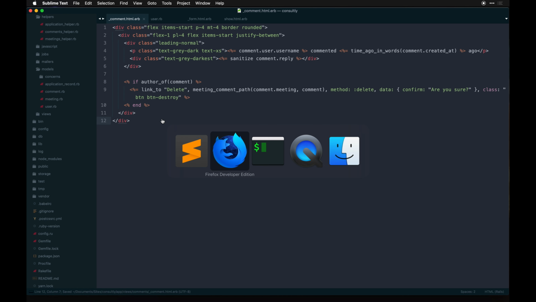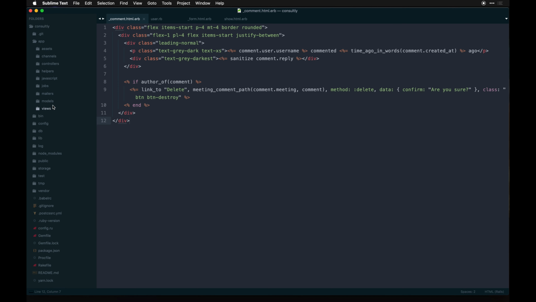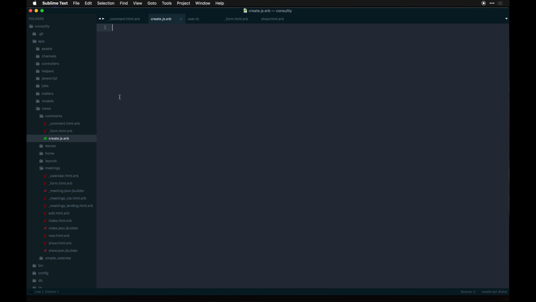I think we need to add our JavaScript next to make this work with the AJAX. Right now, if you were to go ahead and add a comment, nothing would happen on the screen until you refresh the page. So what we want to do is add some JavaScript to make that work. So I'm going to go in here, js.erb file. You can write JavaScript, but also render Rails stuff, which is handy. So you can hit var comments equals